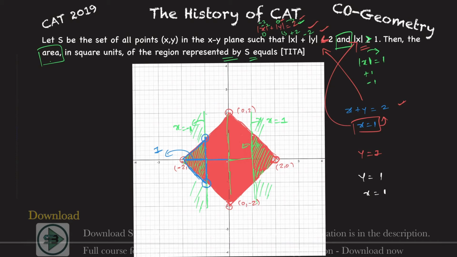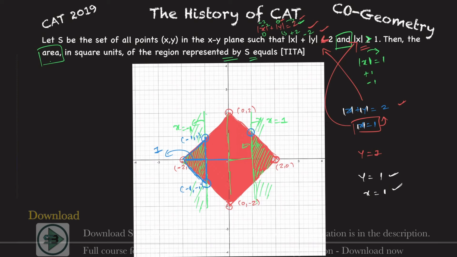But since this is a modulus, and this is also a modulus, you can get all the points here which are always 1, 1. So what will I get here? Since x and y both will be negative here, x will be negative, correct? Minus 1, and y will be positive 1. Minus 1 and then 1. What will be this point now? X is negative, so minus 1, and y is also negative, so minus 1. That's what you get.